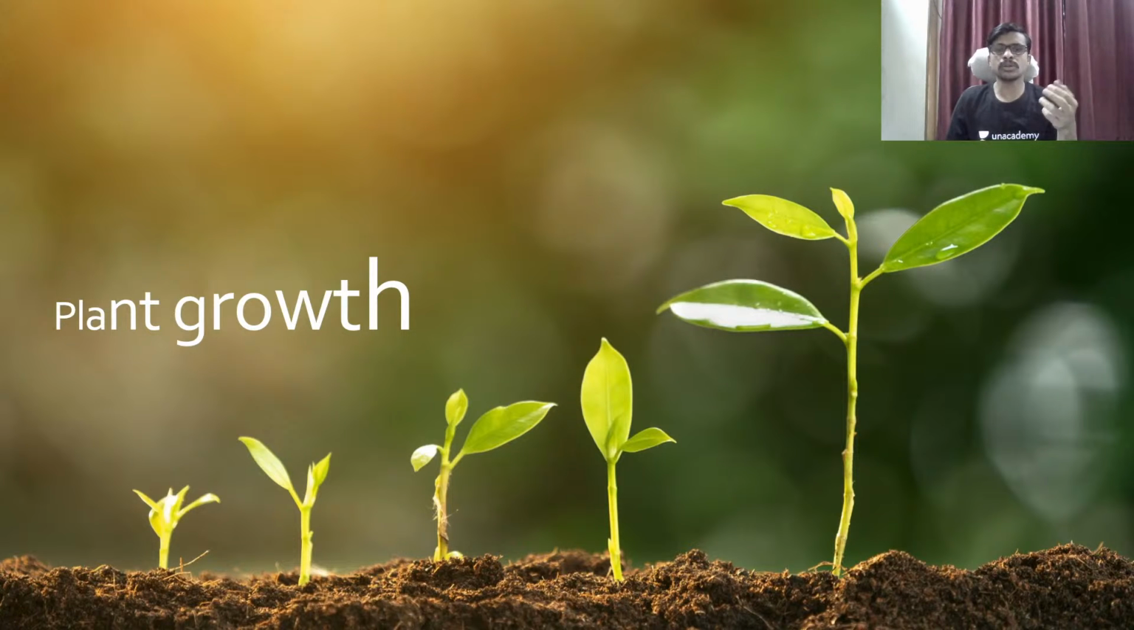Development of the embryo means, when the sperm and ova come together, for example the ova and the pollen, they come together and form the embryo or zygote, you can say, inside a seed. So if you open the seed, for example, any seed,